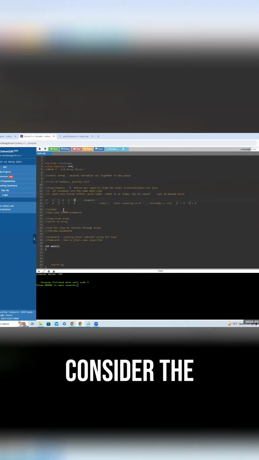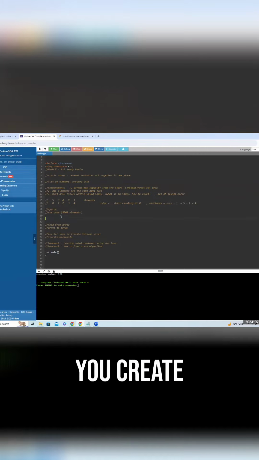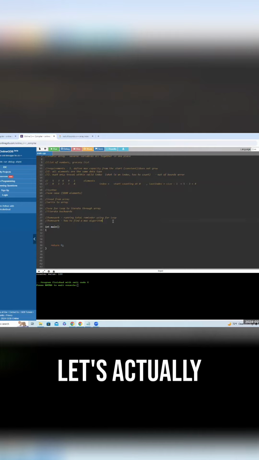Now let's consider the syntax. So what do I mean by syntax? How do you create an array now knowing this knowledge? Actually, let's create it here. Number one, typically we're going to want to use a constant. You're going to use the const